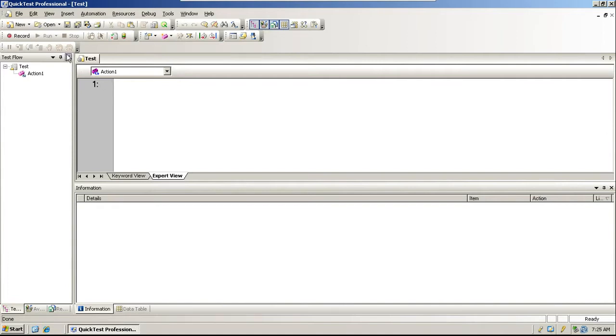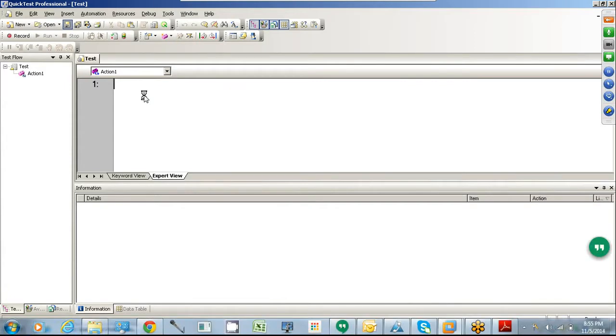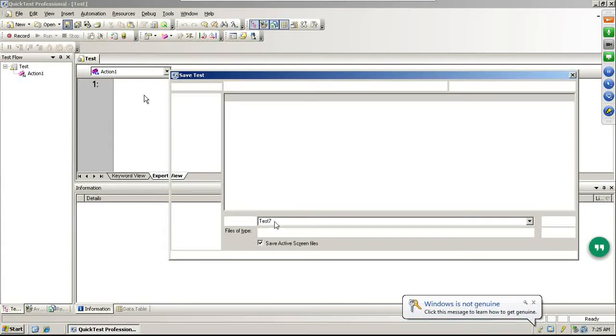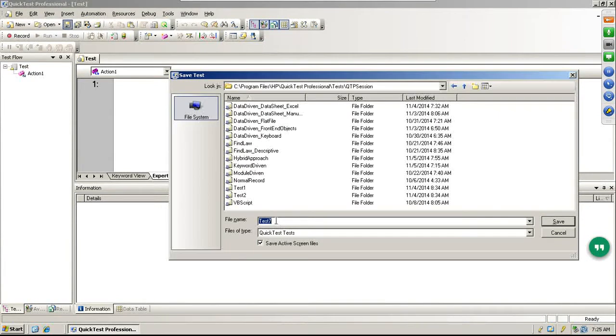Okay, so let's save this. Okay, can you type database connectivity here? Be careful.